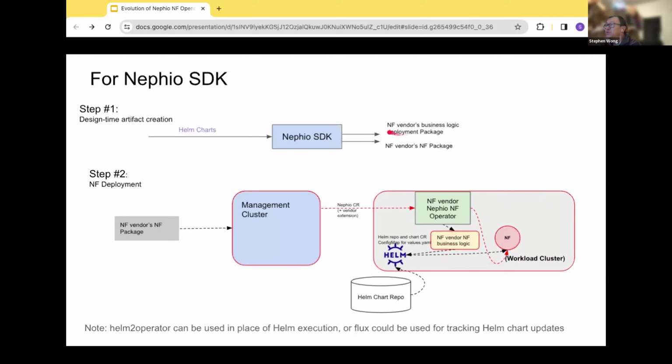So at the time when you apply this, our human operators, our users, would have to load two packages. One package is to get the cluster ready to accept deployment, and then sometime later they would use an NF package to load the deployment.